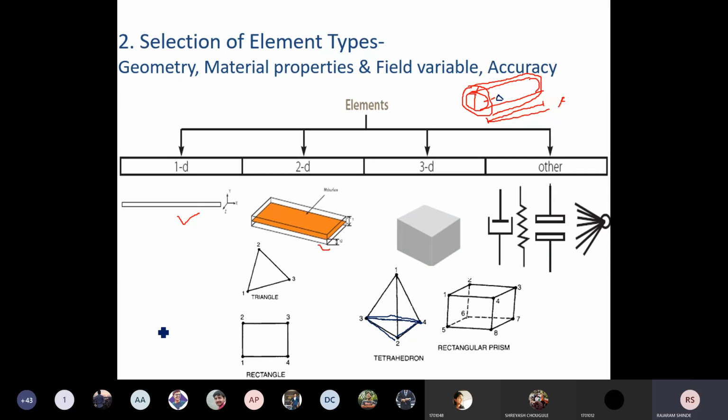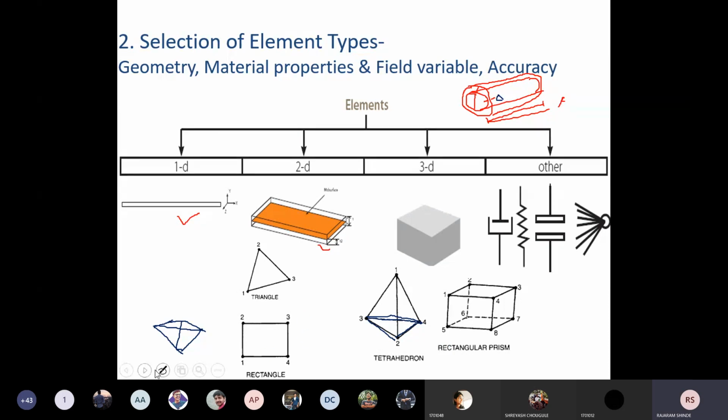I will draw it separately here. If I give the height for this element in this pipe section, then you will get only this height. You see here. Do you agree with this? That means it is a tetrahedron, but it is like a flat tetrahedron with a very small amount of height. That is a failure of the element. Do you agree with this?